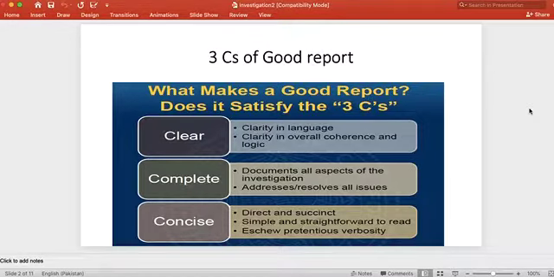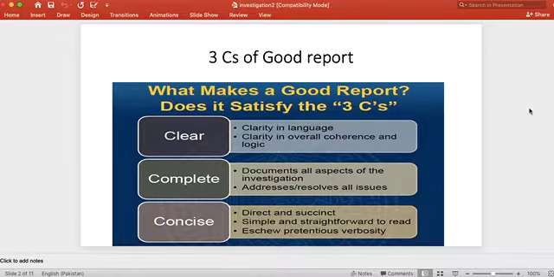The second C of the investigation report is completeness. That means whatever documents are required must be complete, and these must be attached with the report also. If, for example, there are some addresses or some issues, these need to be resolved. That should be talked about as well. It means whatever the relevant things are with reference to the investigation report, every document in completion should be present in the investigation report.